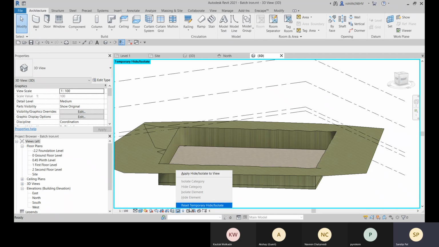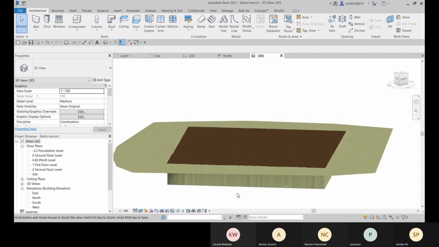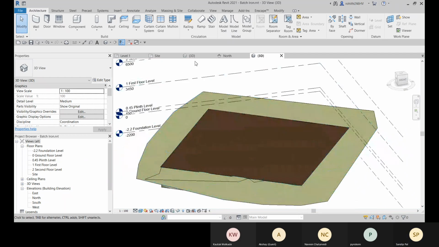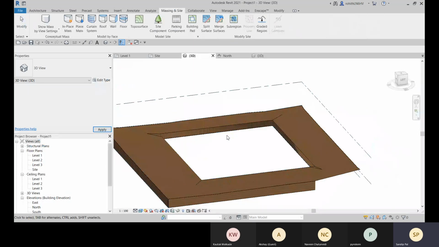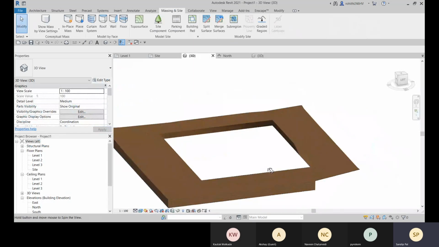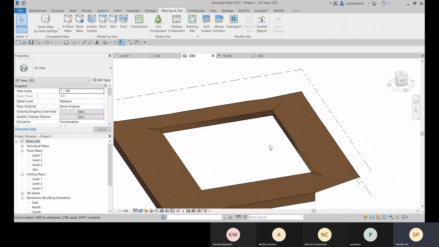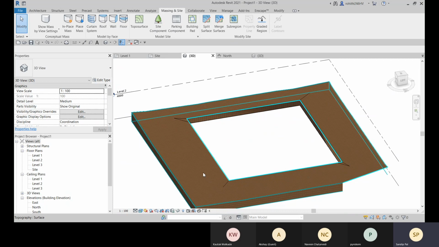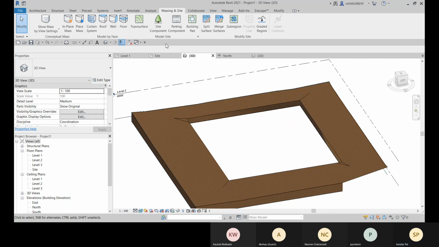HR is the shortcut, or here you can go for this Reset Temporary Hide or Isolate. You need to do that after creating your substructures. Now let me show you how we can use other options.